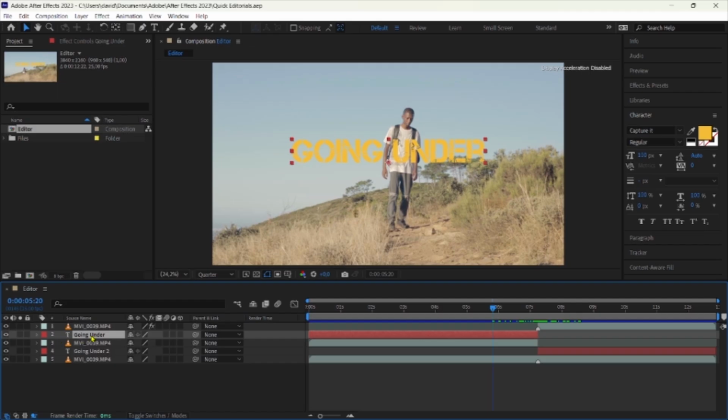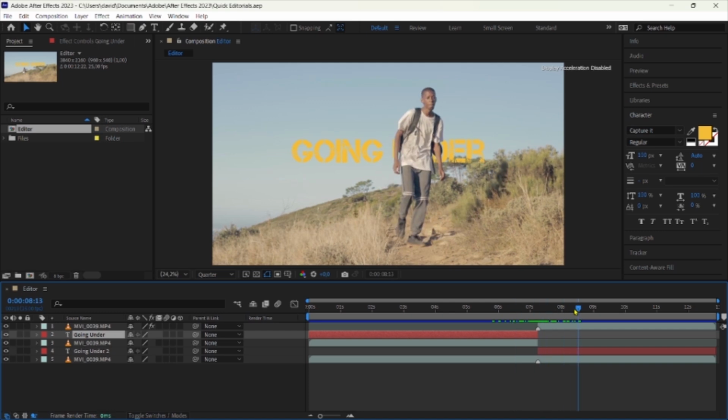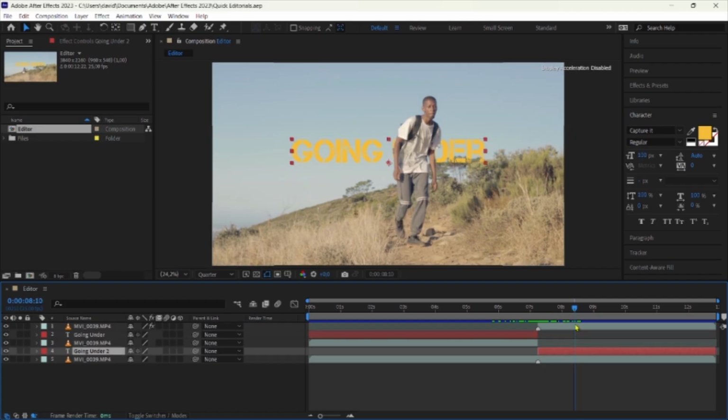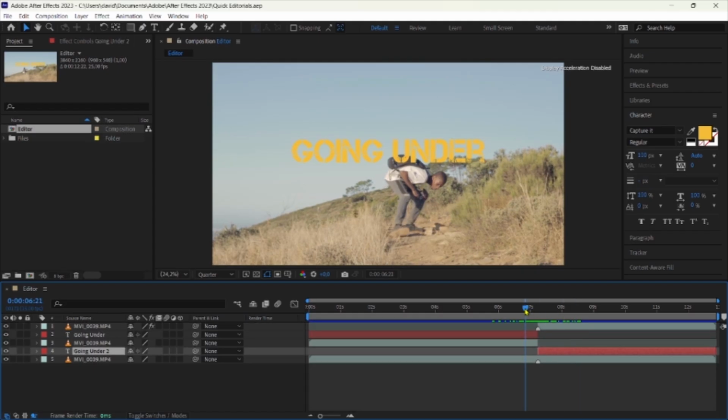Even when you look on the left hand side, it's written going under. Then where it splits, that's the marker that we placed in Premiere Pro before bringing the project inside of After Effects. So on this side, you can see I'm behind the text, and on this side, the text is behind me.